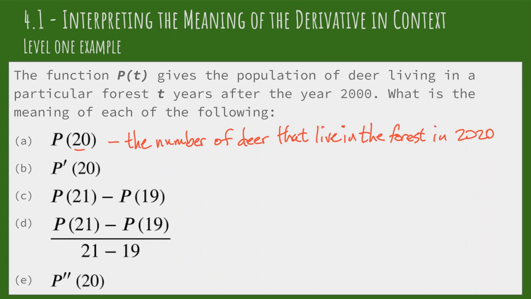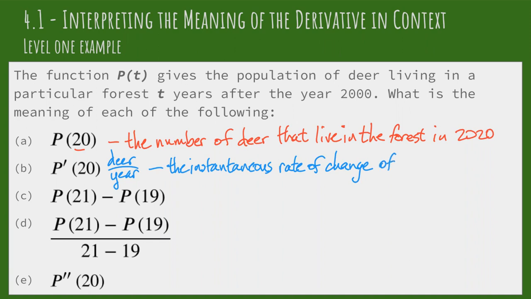P prime of 20 is the derivative of the population. So remember, the population is measured as the number of deer, and t, our independent variable, is in time. So the units that we're going to have on the derivative are going to be the number of deer per year. And so what this is telling us is the instantaneous rate of change. So we could also say just how fast the population is changing, so of the deer population